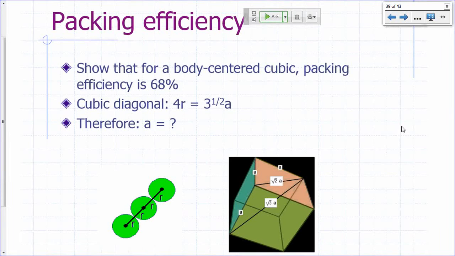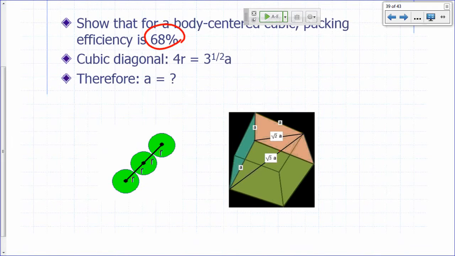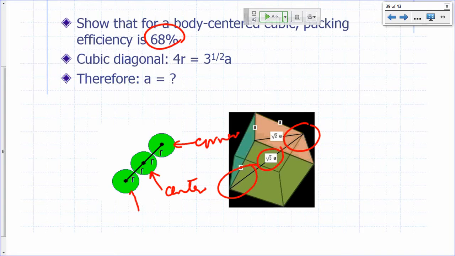What if you have a body-centered cubic? What's your packing efficiency? If you did this, you'll find that the packing efficiency is 68%. Why is that? Imagine this: you have an atom in the middle here, and an atom at each corner. So you've got these three atoms. This is the atom in the center, and this is at the corner, and this is at the corner,